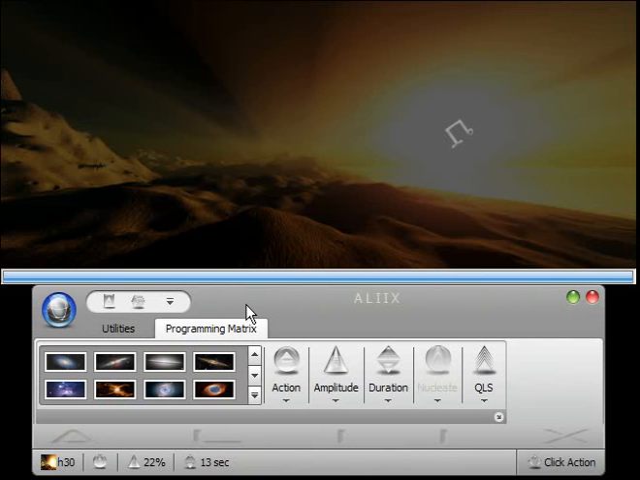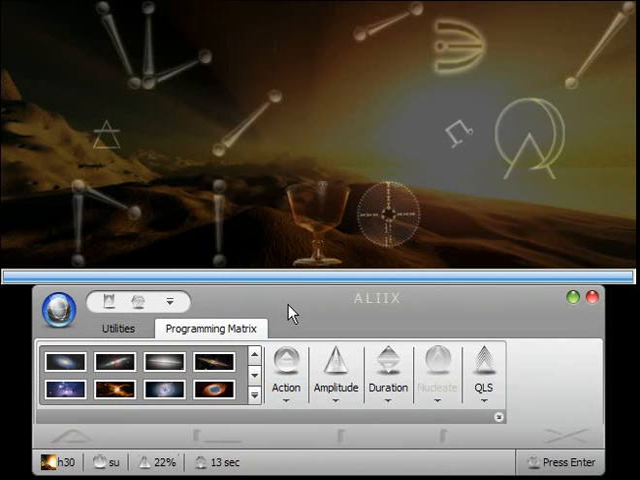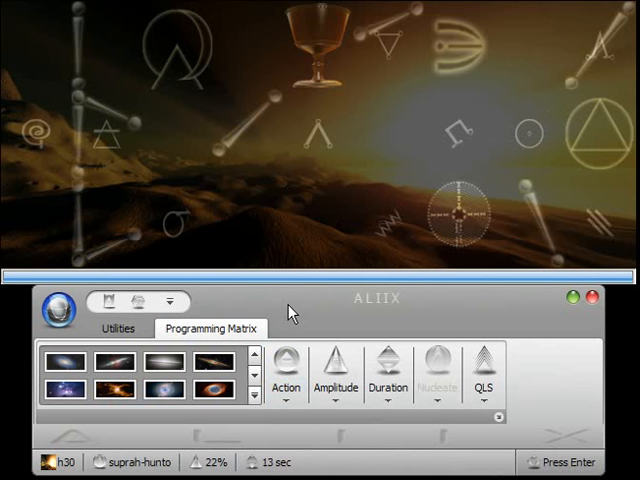After you've selected an image, click Action. The keyboard's active, and let's type S as in Sam, U, P as in Paul, RAH dash HUNTO, and press Enter. To explain what that is very quickly, that is a term in ALIIX's language which is